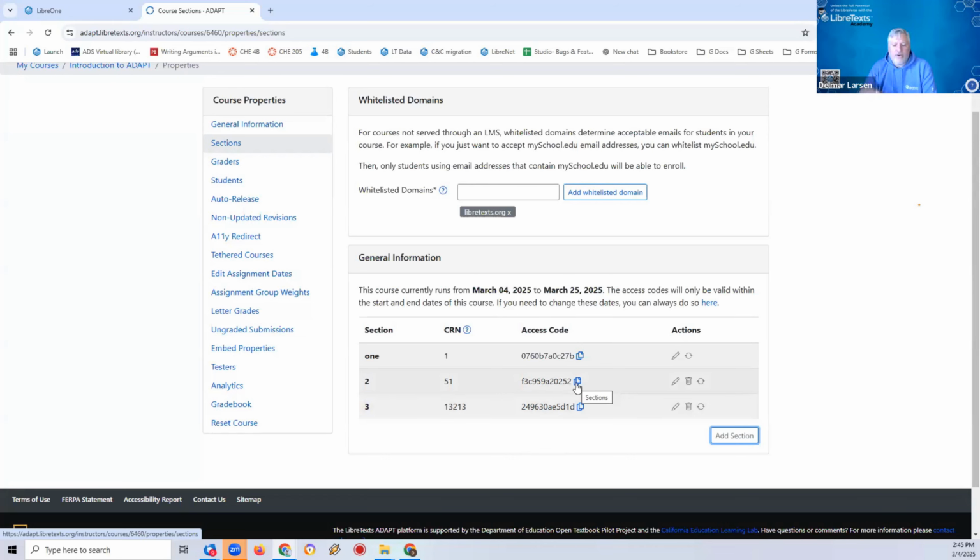And let's just take a step back here. They're able to create accounts without an access code, but they're able to enroll into your course only when they have the access code. Each section has its own unique access code because each section typically has its own roster associated with it, and you need to be able to sort the students into the appropriate sections that you have. So that's fine and dandy. We still have that option available.